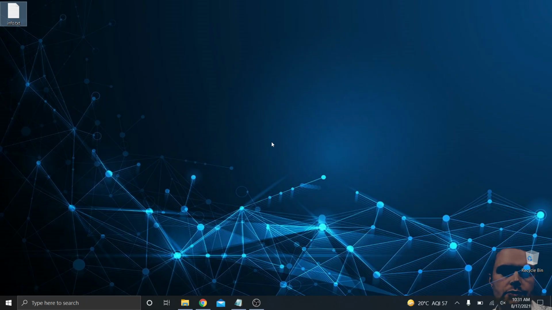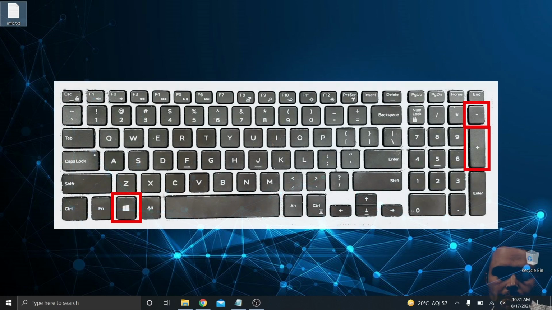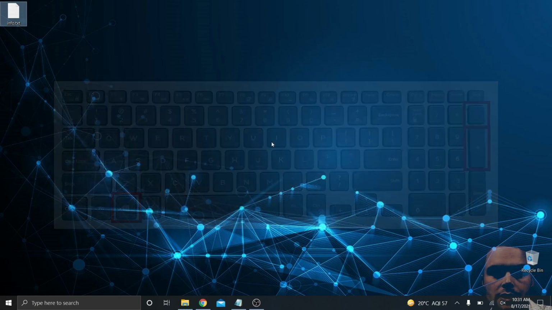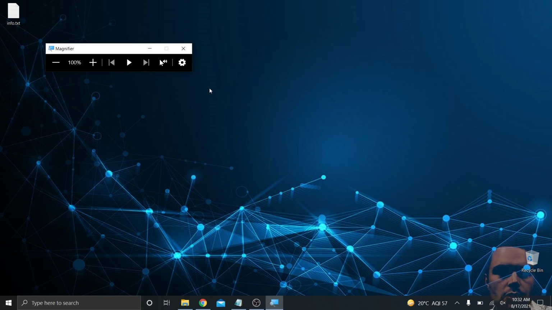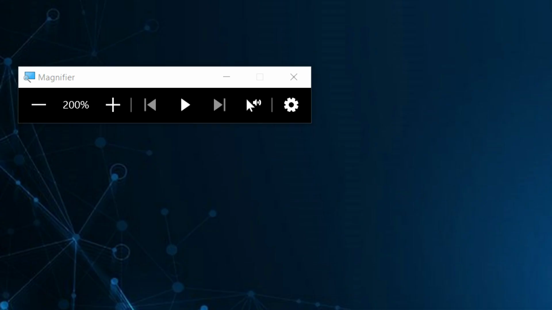Now what if you want to zoom in or zoom out? Hold the Windows key down and press the plus button on your keyboard. It has to actually be the plus or the minus. It cannot be plus or minus that's over top of the equals and the hyphen. The Windows key and plus will open up the magnifier. Then once your magnifier is selected, hold the Windows key down again and do plus to zoom in or minus